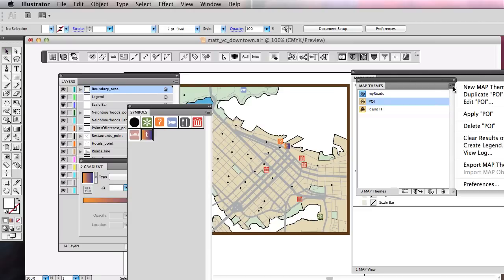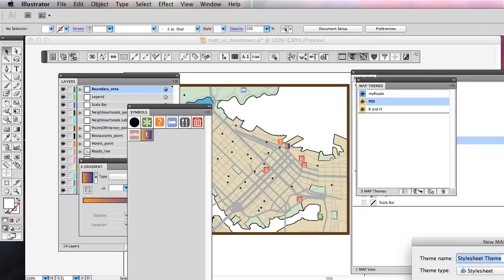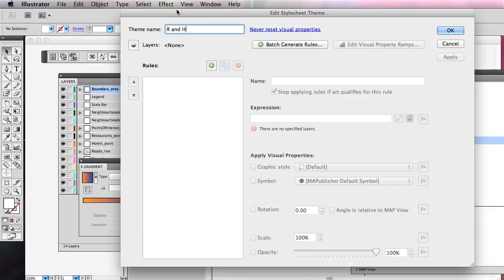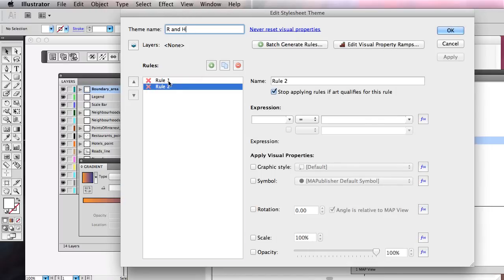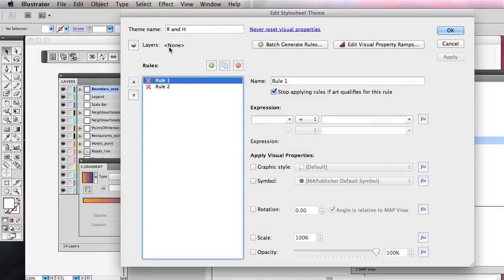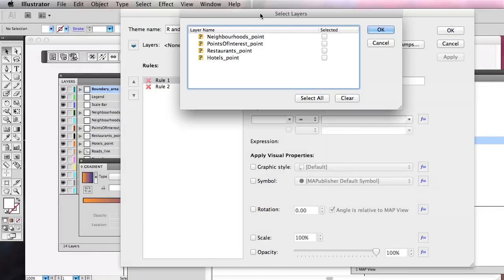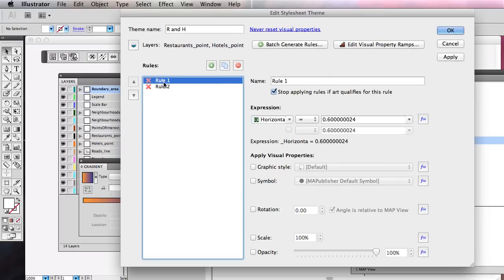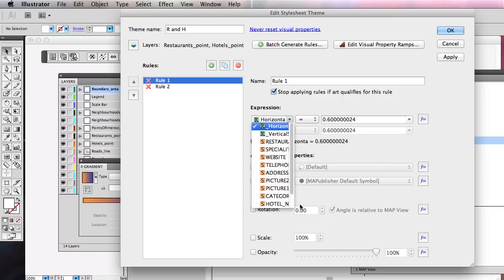So let's add one. Let's do the same thing for, whoops, we already edited it. The restaurants and hospitals. I'll go ahead and edit that. Now you know a couple ways to do this, so we can either add them manually or do batch. Let's add two manually. Oh, and I have a little X here because I have not specified a layer yet. We will do restaurants and hotels. So here's a situation where I'm selecting two layers to have the same rules applied. Rule 1. Now this only really works if the